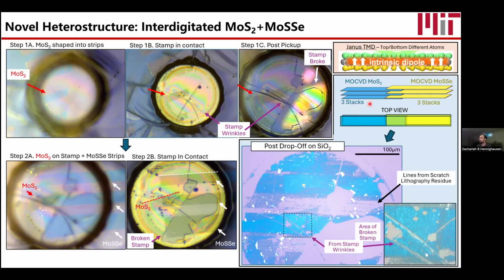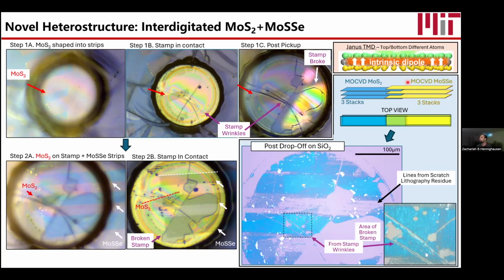And in the end, I was able to stack 3 stacks of MoS2, MOCVD, Janus MoSSe, and to the best of my knowledge, picking up Janus materials is very, very challenging, and I don't think very many groups have done this. We might be the first. And so this is an exciting heterostructure we made, and I'm working with some students, Morgan from Professor Boreskina's group, who's going to be testing some of the PN junction behavior. And I'm hoping to repeat this and make it cleaner. But nonetheless, it's exciting as a first try, and it worked out pretty quickly.